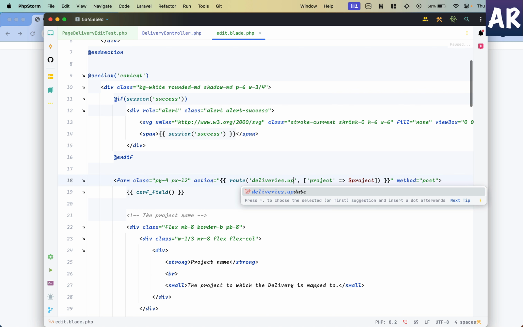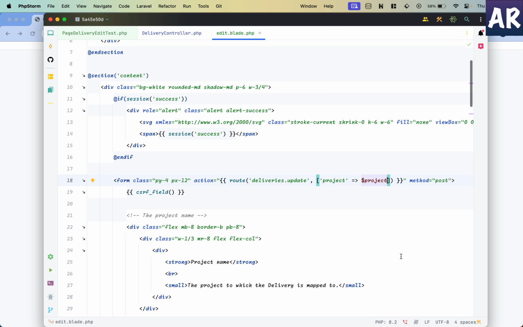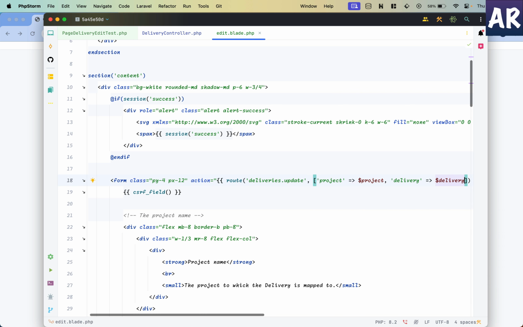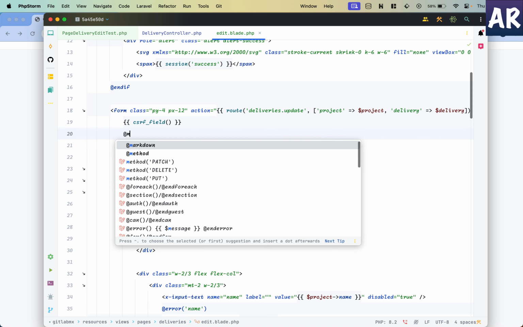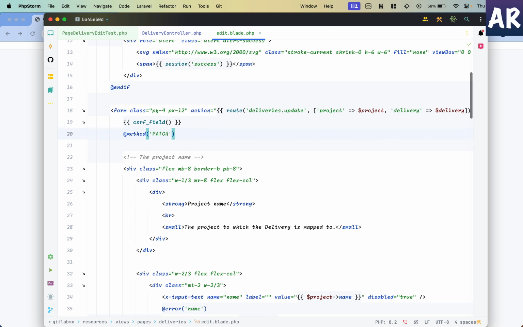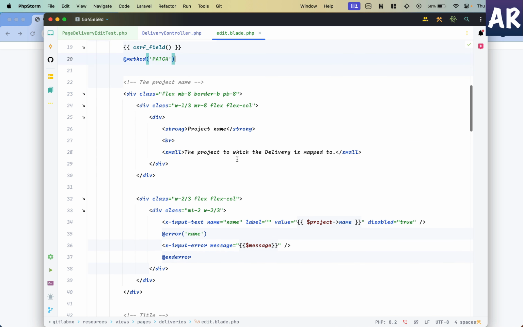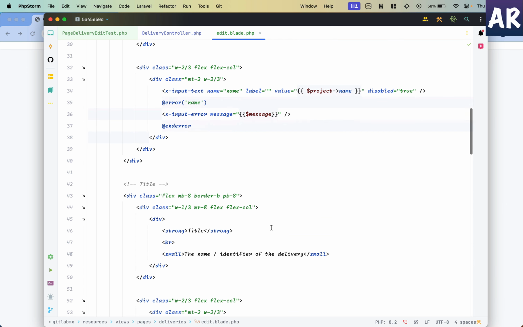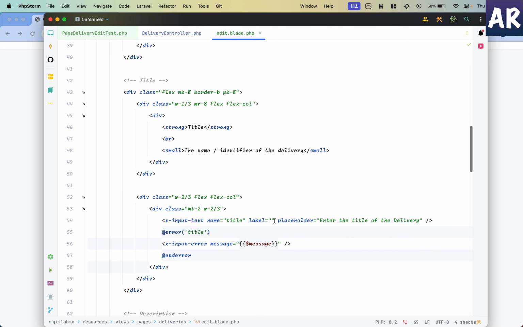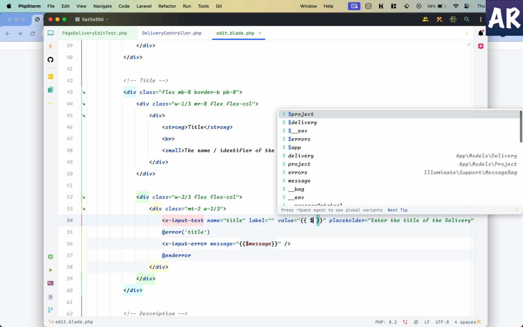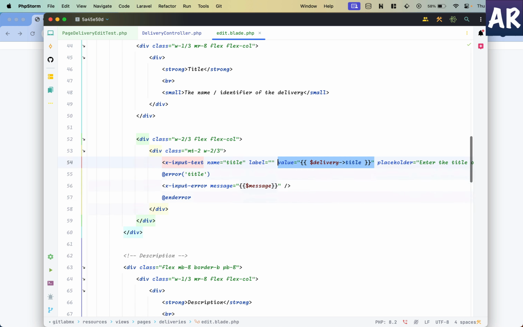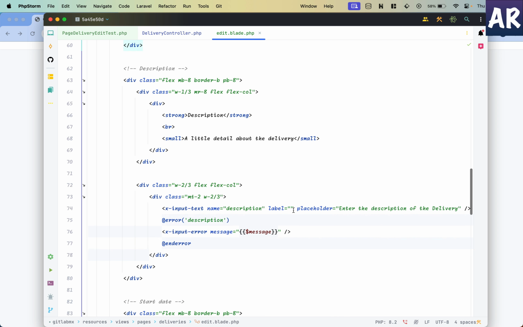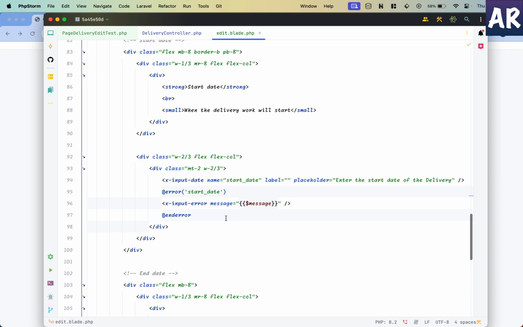This is going to be update. I'll need the project as well as the delivery. This is taken care of. I'll need to put the PATCH method because our route is expecting that. Then we have project name, which is fine. Title. Now over here, one thing which is going to change from the create form is that I need to show the values, like this. Okay. Then the description, the start date,